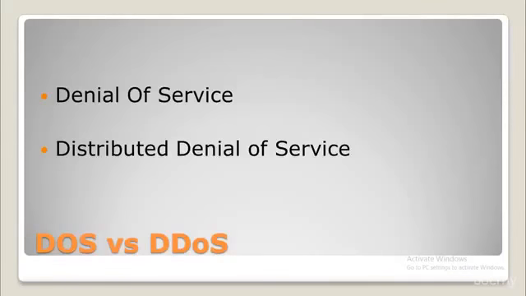But just assume that if a person has 2 computers at his home, or if he can just go to the cyber cafe by paying $2, $5, or maybe 10 rupees, 15 rupees for an hour, that would be more than sufficient for them to kill a server or bring it down. And it's much harder, or I can say it is impossible, to catch the people who actually did the DDoS attack. The reason being that there are multiple IP addresses and you cannot actually assume whether it's a DDoS attack,